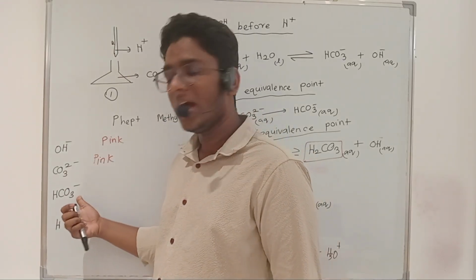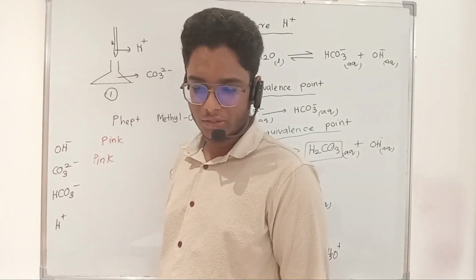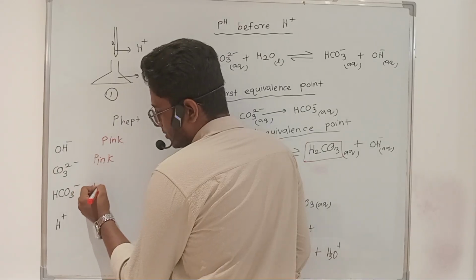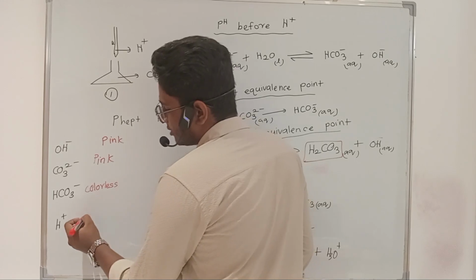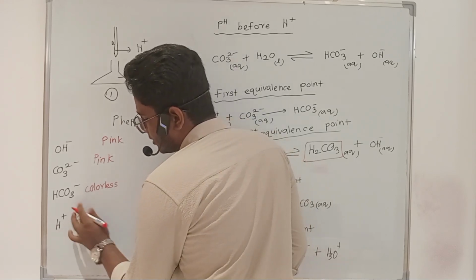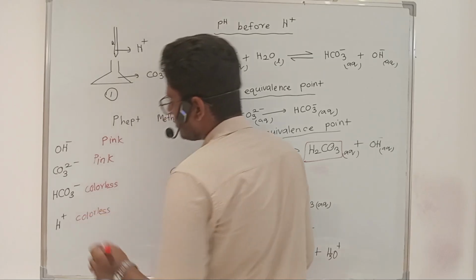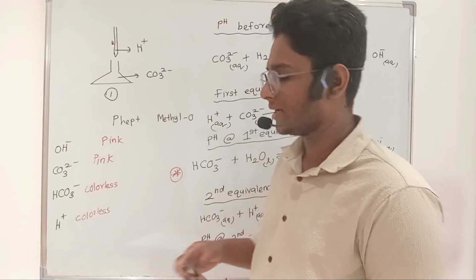But when bicarbonate is present with phenolphthalein, if you add phenolphthalein to bicarbonate solution, it will be forming colorless, right? It considers this as an acidic medium. And in H plus, definitely it's going to form colorless. But methyl orange, if you take, it shows orange color in basic medium and a red color in acidic medium,